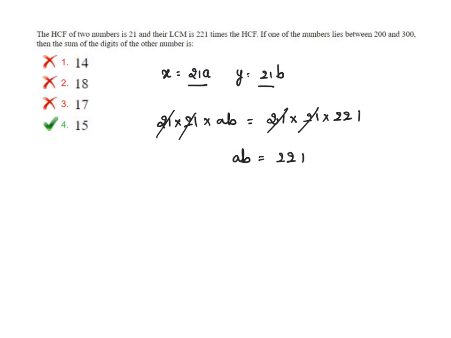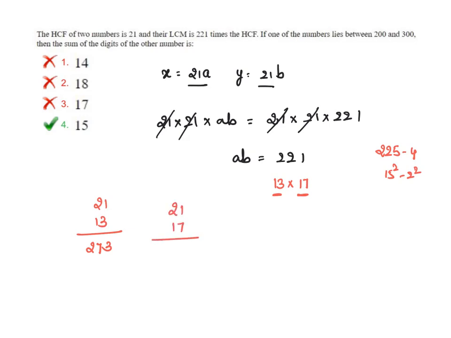Search for the nearest square, that is 225, minus 4. 15 square minus 2 square. I can write it as 15 minus 2, 13, and 15 plus 2, 17. So if A is 13, then B becomes 17. The numbers are 21 into 13, 13, 26 plus 1, 27. One number is 273 and the other number